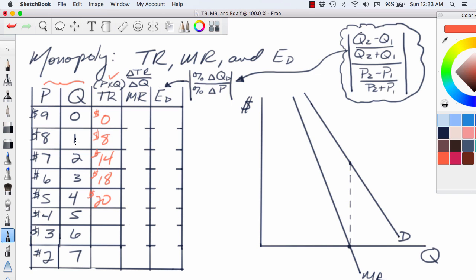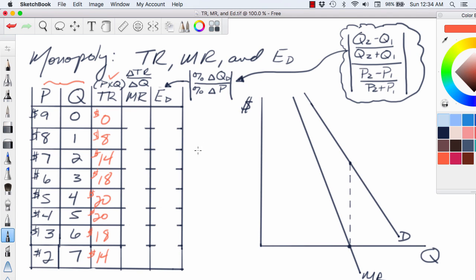So between 9 and 5 we see total revenue increasing at a decreasing rate, hitting a maximum at 20, remaining at 20 between 4 and 5, 5 and 4, and then total revenue beginning to decrease at an increasing rate. And I don't continue the table all the way down, but you can see that total revenue is parabolic. In other words, it increases at a decreasing rate, hits a maximum at 20, and then begins to decrease at